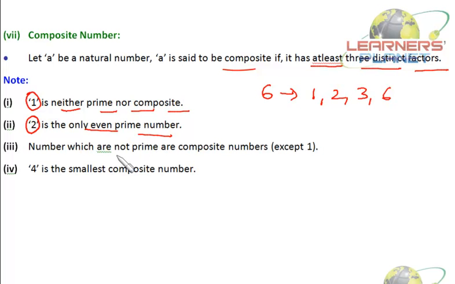And we have already discussed that a number will be either prime or composite. The exception to this statement is the number 1 only, and 4 is the smallest composite number. That means 4 is the smallest number which has at least 3 factors. What are these? It's 1, 2 and 4. Okay friends,